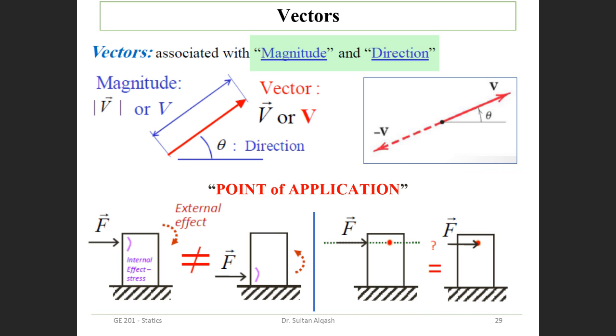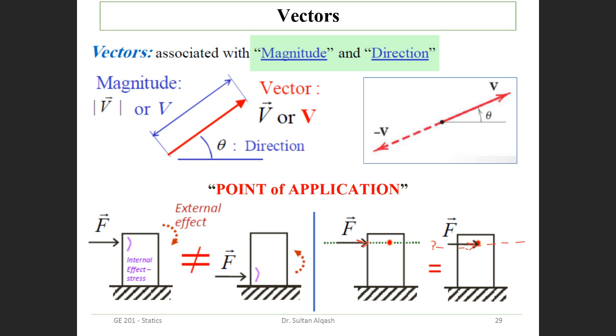So now we have three different types of vectors. We have free vector, fixed vector, and sliding vector. For example, here, sliding vector: if it's still in the same line of action, or the direction, then no matter if I apply it in this location or this location, as long as it's on the line of action, this vector is called a sliding vector.